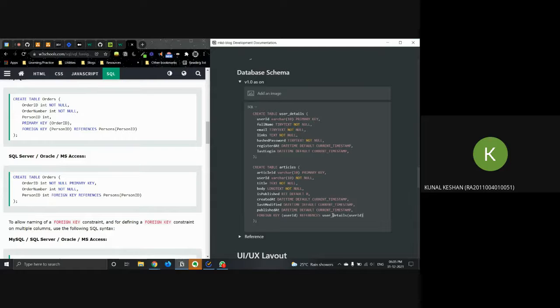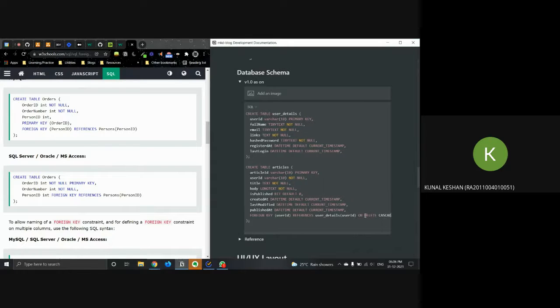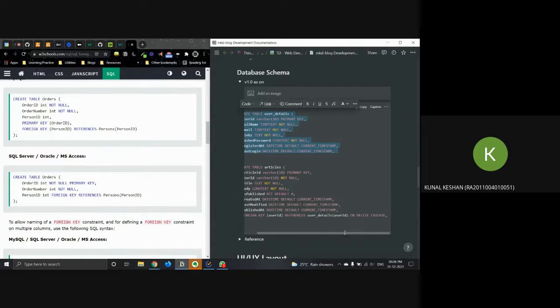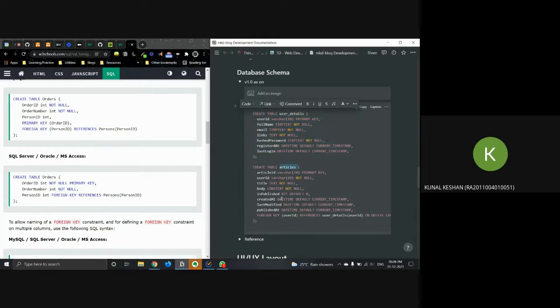So there's one important constraint that I want to show you. It's called on delete cascade. So what does this mean, right? Suppose a user deletes their account. When a user deletes their account, I want all the articles written by that user also to be deleted.